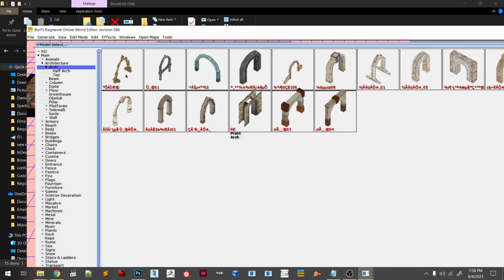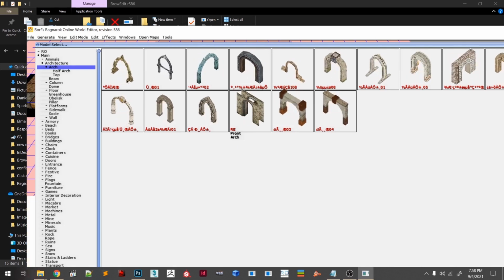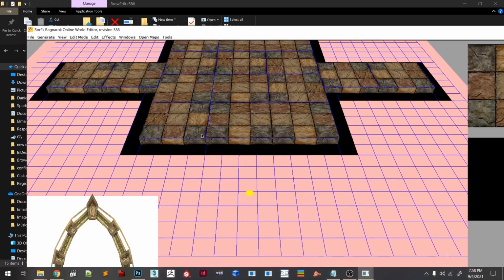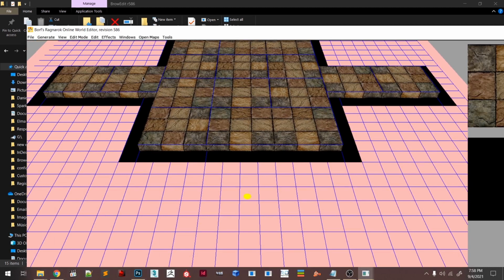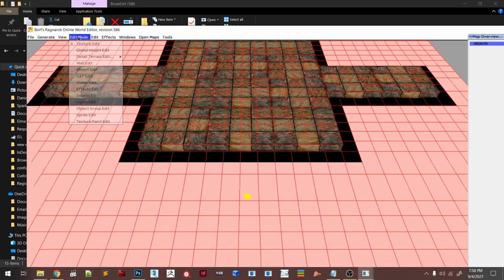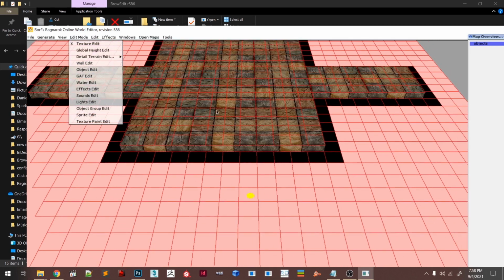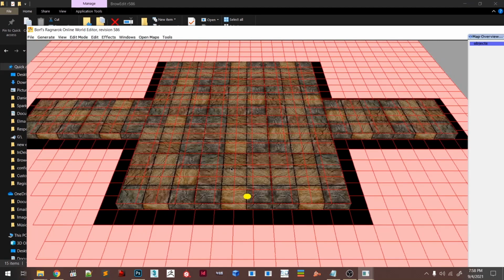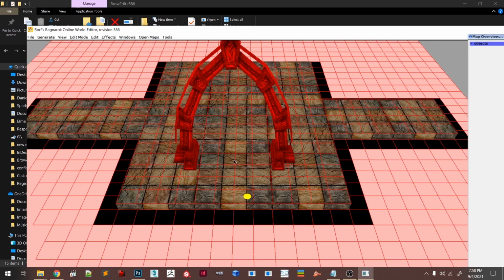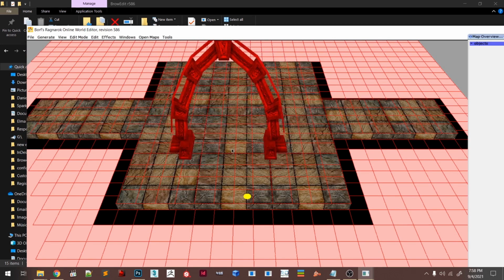I like this one, so I'll click, press M again to exit the windows, press F5 to go to edit mode, object edit right here, and hold Ctrl and left click, so you can have your model right here.